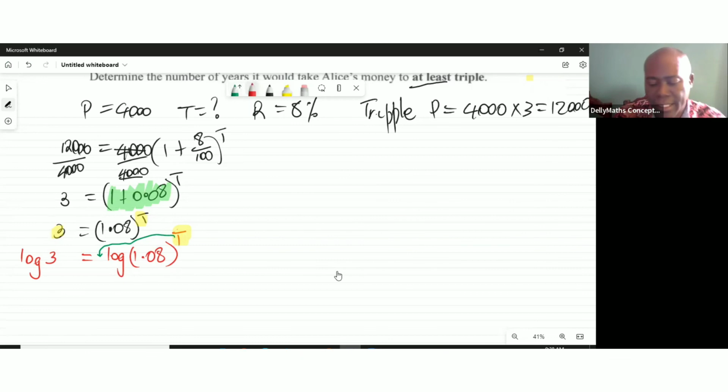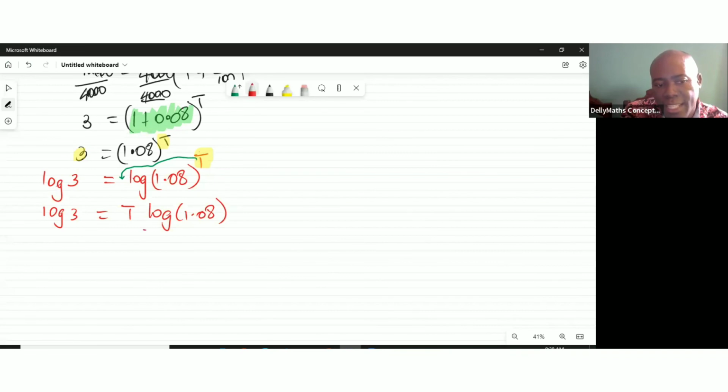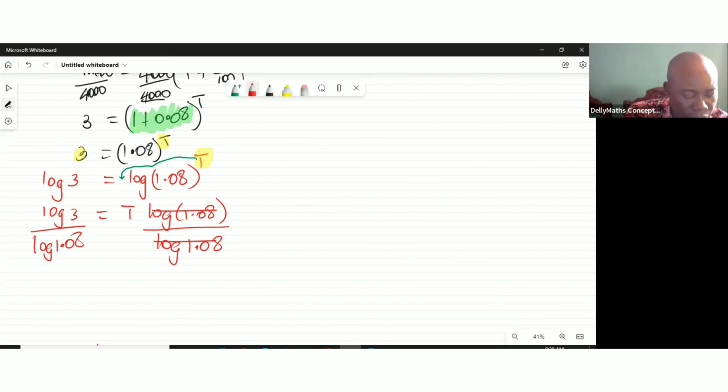So rewriting this, log 3 is equal to t times the log of 1.08. We're almost there, because if I divide both sides by the log of 1.08, then t in years is alone. So my response is log 3 divided by log 1.08, and I'm getting